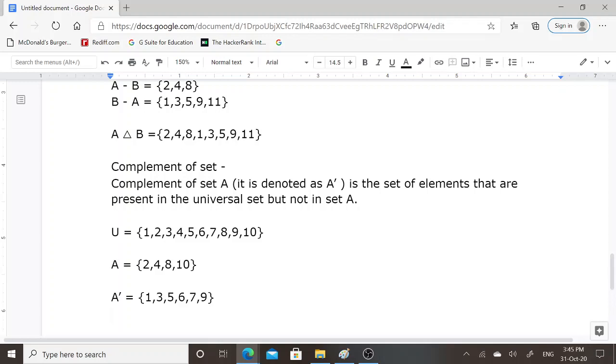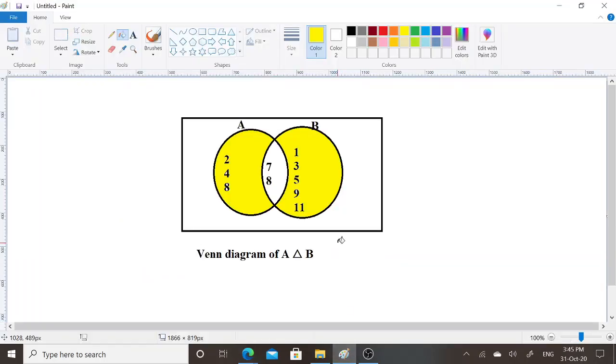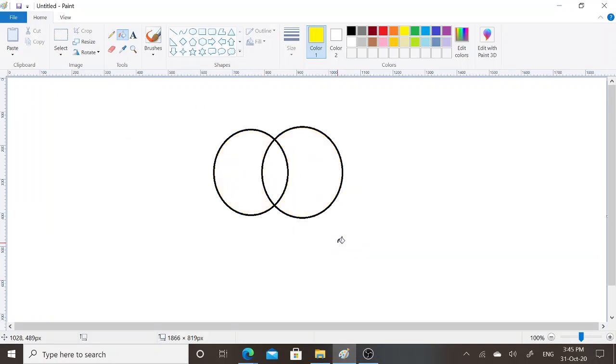A's complement have included only those elements that are present in universal set but not present in set A. Now I will draw the Venn diagram of A's complement.